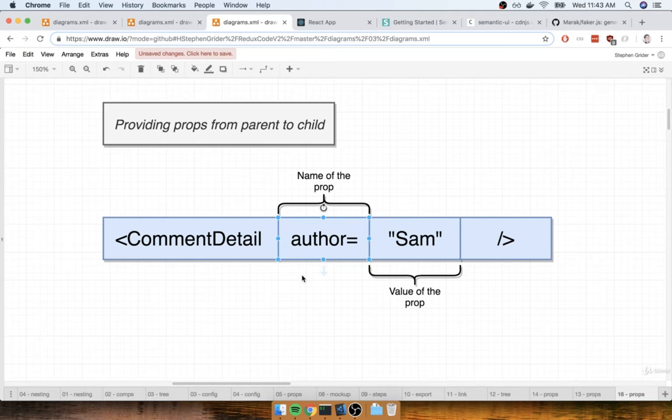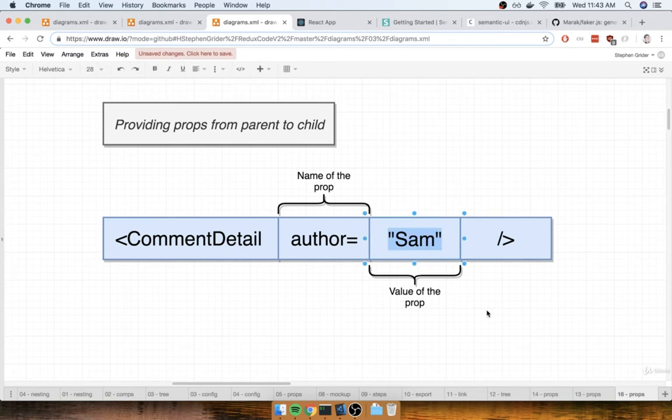It's totally up to you on how you want to name this property that you're passing from the parent down to the child. We could have just as easily called it name or name of author, or we could have called it person who wrote this, or whatever you want it to be. But in general, we try to make it at least make some amount of sense. In the context of making a comment, it definitely makes sense to have a prop named author, because this is the author of the person who made this comment. But again, you can change that thing to be whatever value you want it to be.